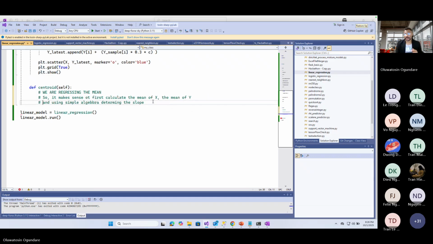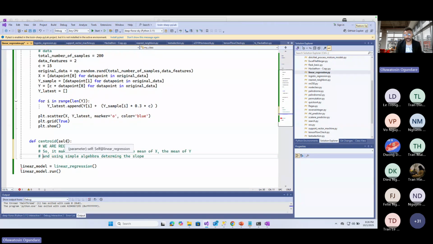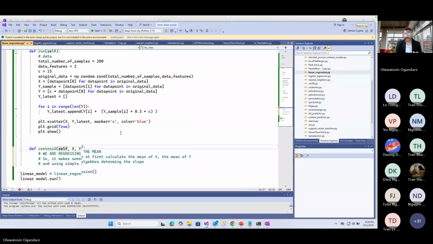Okay. So this is precisely what we're going to do here. This takes X, comma, Y, and